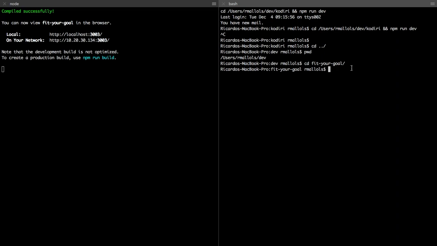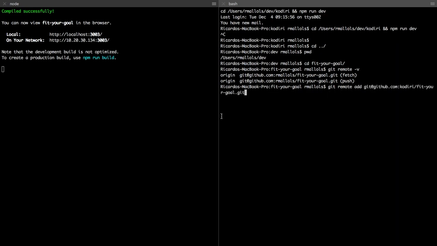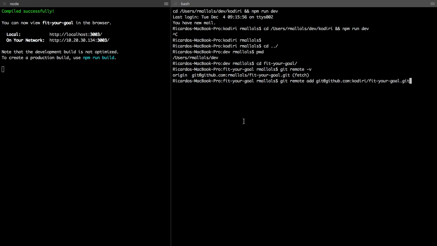So how many remotes do we have at the moment? One, correct, which is the fork, right? This is my personal one, but now I want to have another one. So git remote add. Usually we do git remote add origin, because origin is our repo, but this is the upstream, so we do git remote add upstream, which will be the name of where the central repo is,